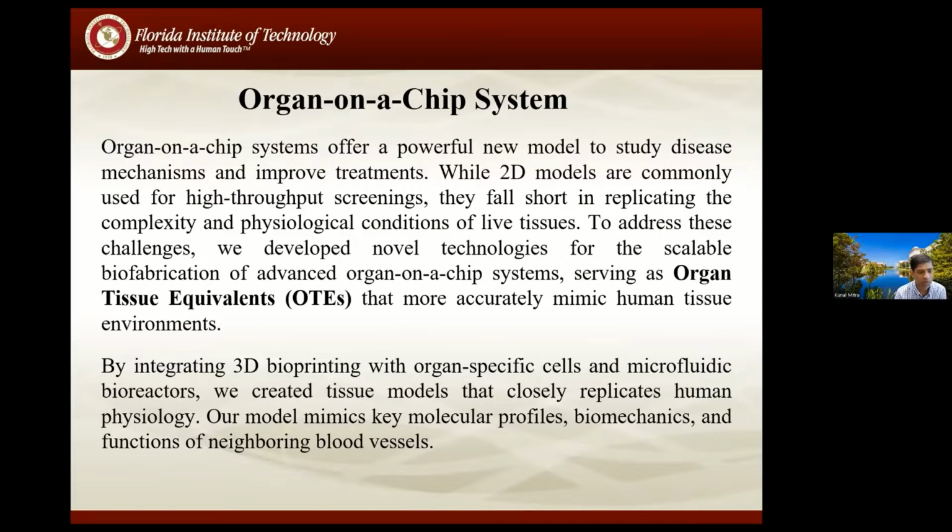So that brings us to the most exciting words. I'm sure you must have heard of the words organ on a chip, tissue on a chip. These are powerful models to study disease mechanisms and improve treatments. And because doing animal studies, there are always advantages, but as I said, the focus is